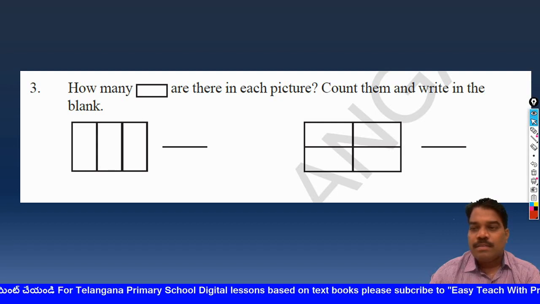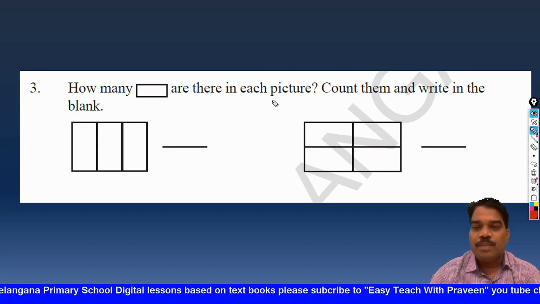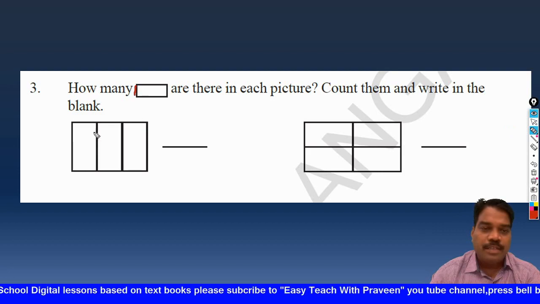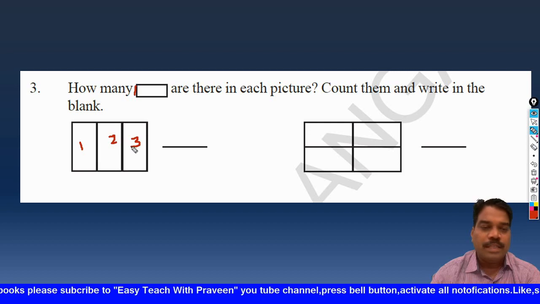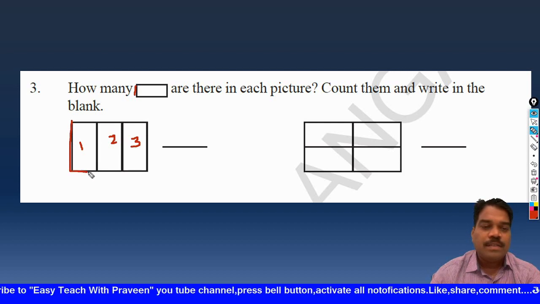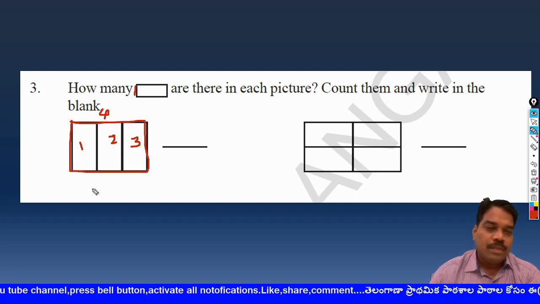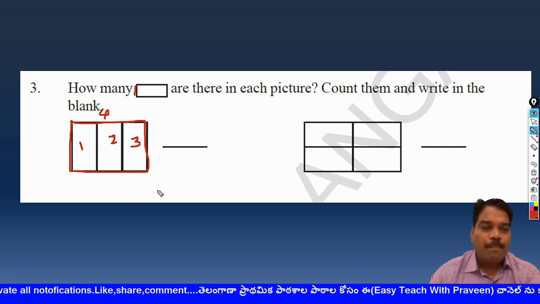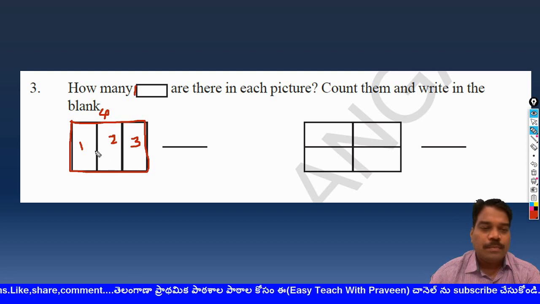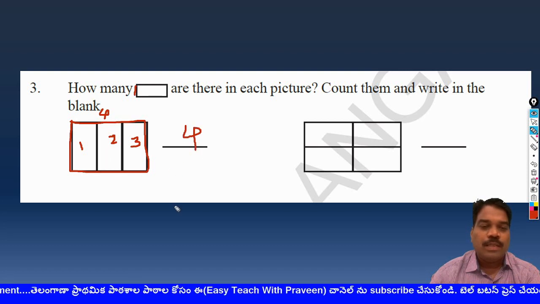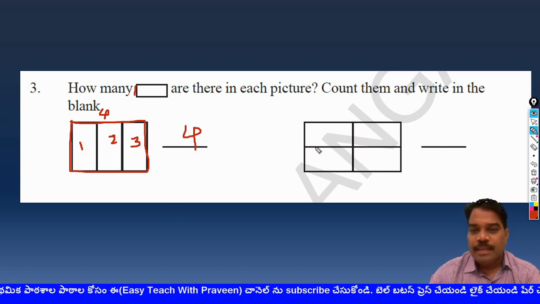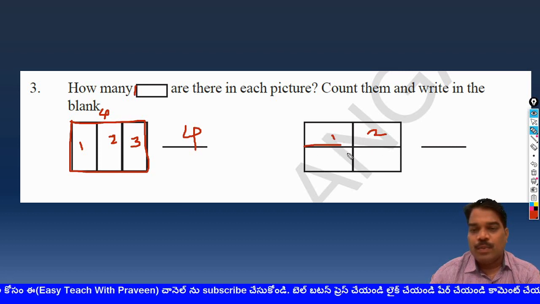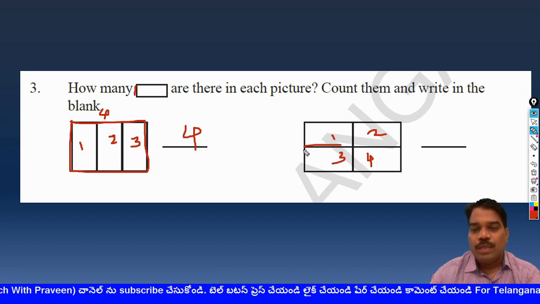Now how many rectangles are there in the picture? Each picture count them and write. So ఇక్కడ rectangles ఈ picture లో ఎన్ని ఉన్నాయి కౌంట్ చేయమంటారు. Here it is 1 and 2, it is 3, and the big one is ఇక్కడ ఉంది కదా పెద్దది ఒకటి, ఇదొకటి 4, రైట్. సో ఇంకా ఏమైనా ఉన్నాయా? 1, 2, 3, 4. That's all. So 4 rectangles are there, and here this is 1 and 2 and 3 or 4, and here